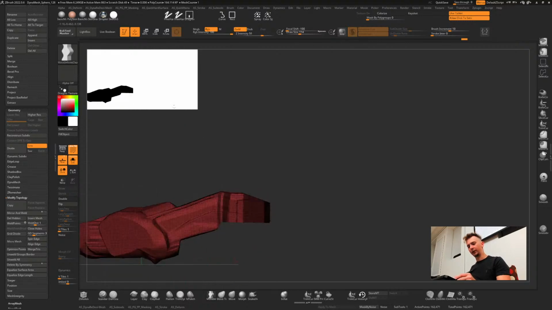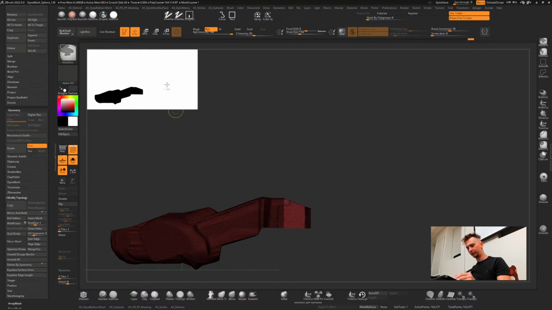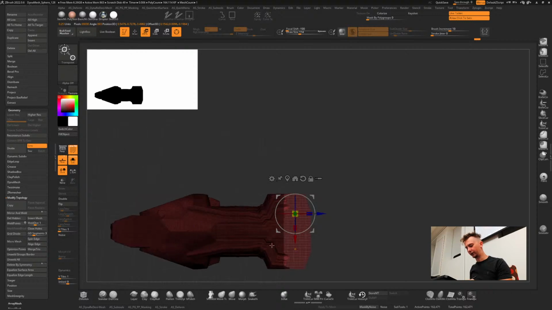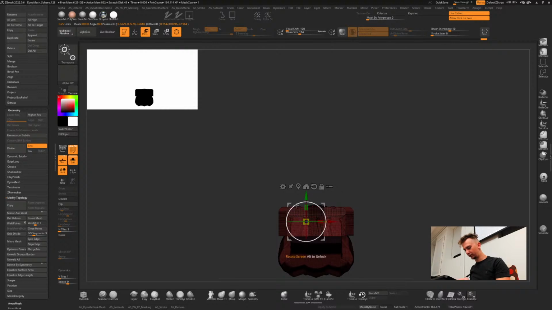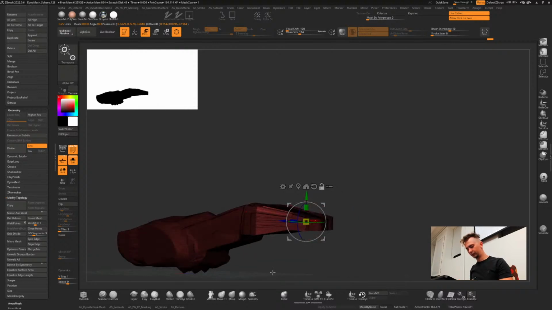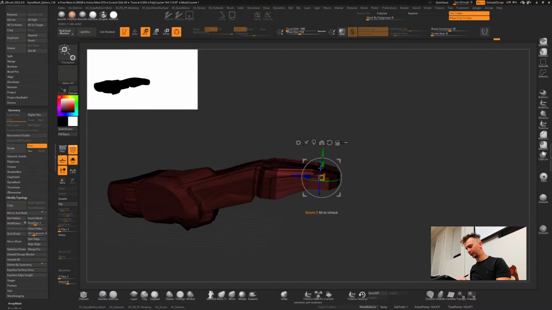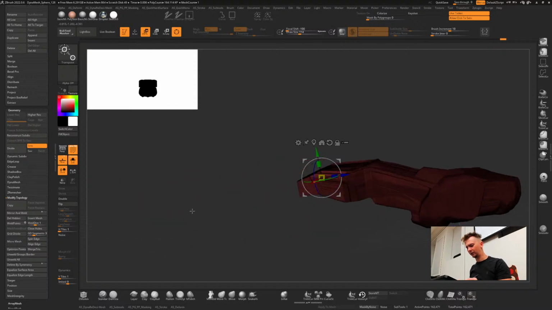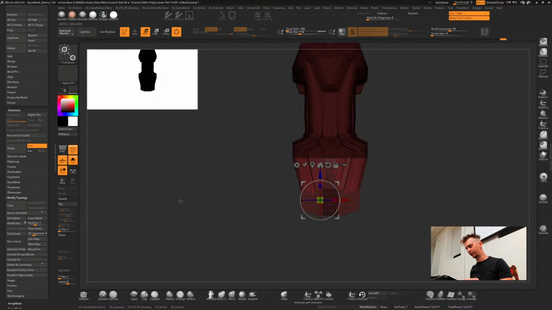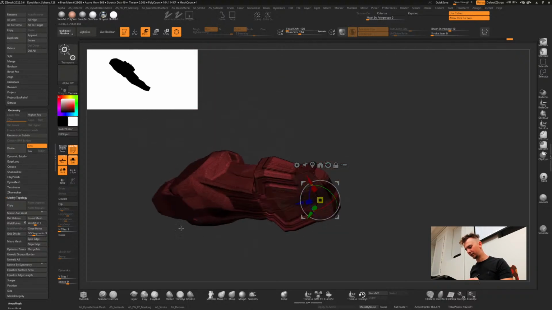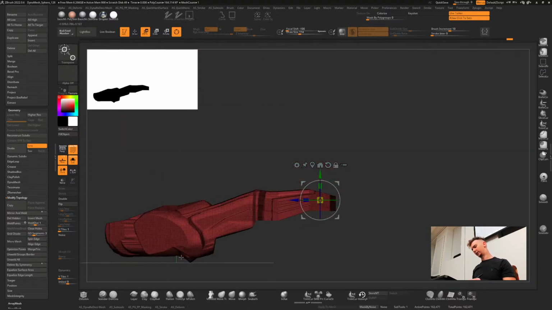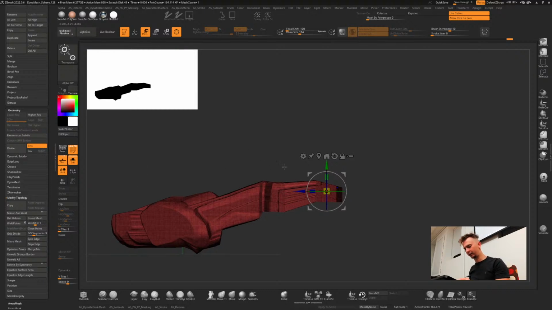Another tool I use a lot is the masking with transform. Alt click on this little icon to center the unmasked part, and this way you can move things around like this, which is super cool. I'm kind of thinking, I think it's Alien, the first Alien, the spaceship in that movie had this sort of a weird snout neck shape.